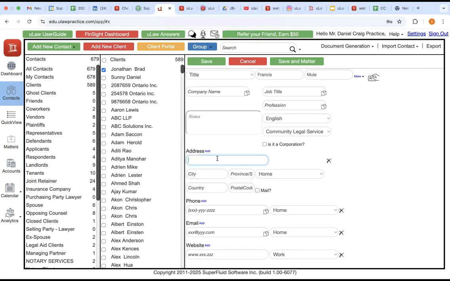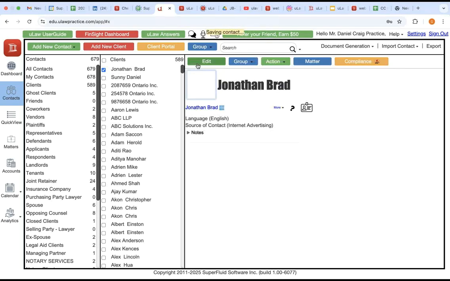You're adding in all the details of your client. Okay. Client's details are added in there. Then you save it.